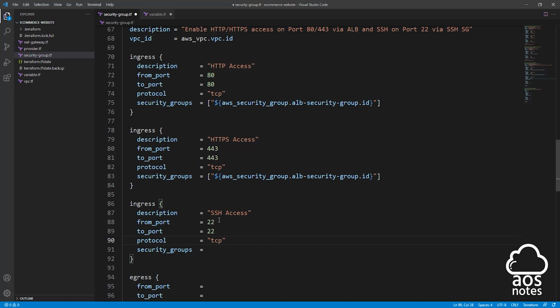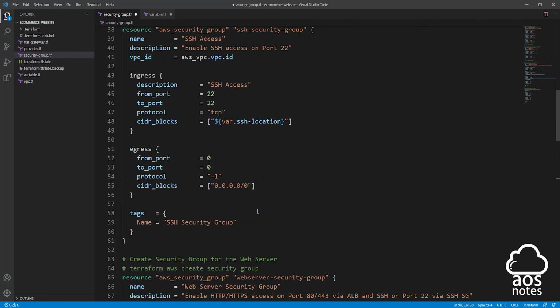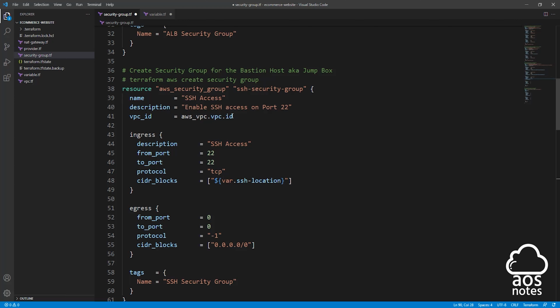Remember, for the SSH rule, we only want to allow SSH traffic if that traffic is coming from our SSH security group. We created the SSH security group up here. So the SSH security group is right here. So what I'll do is I'll copy the resource type and the local name,